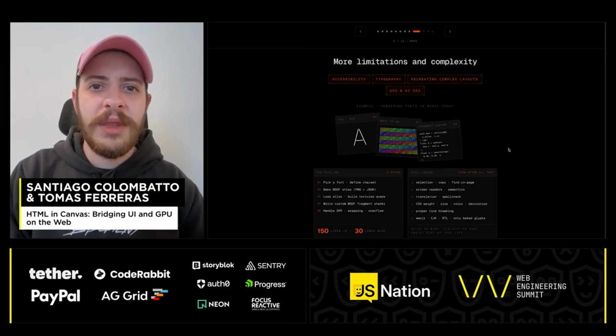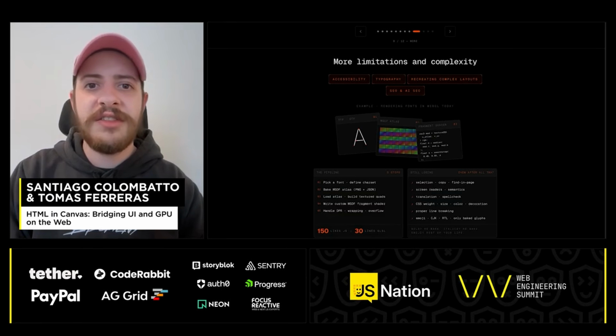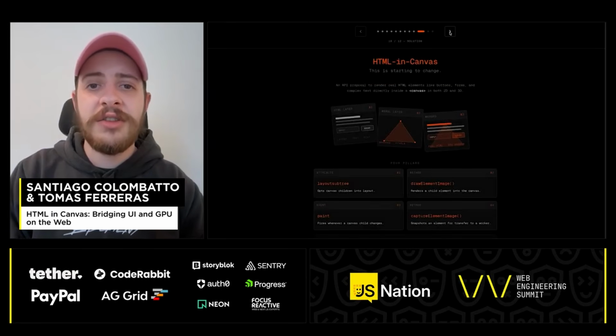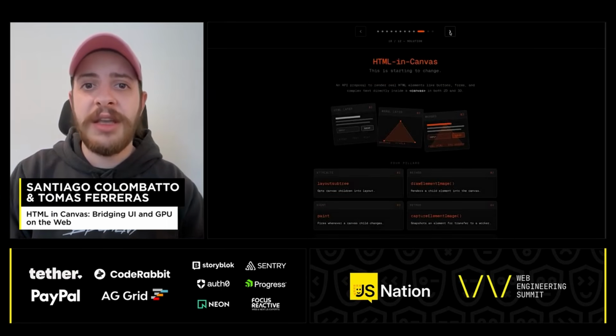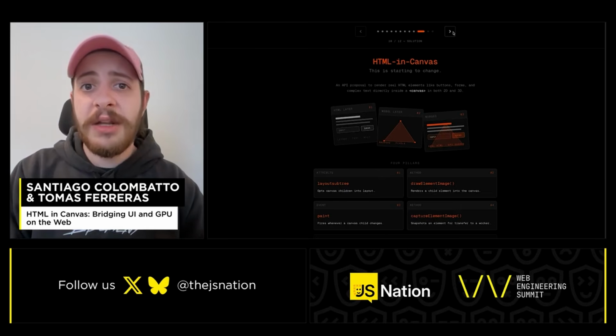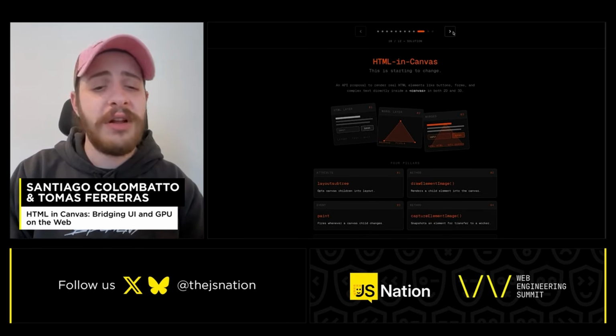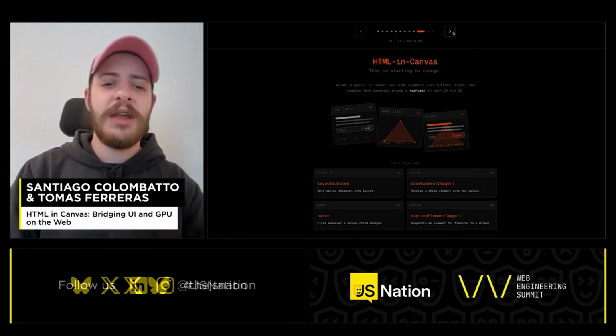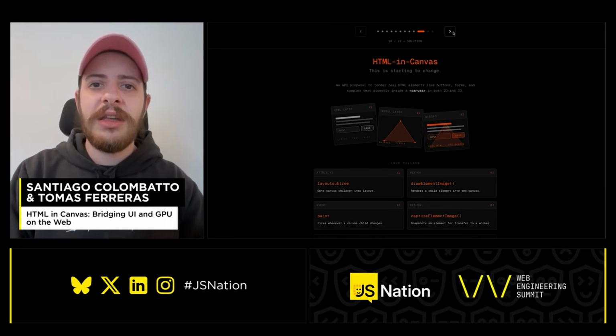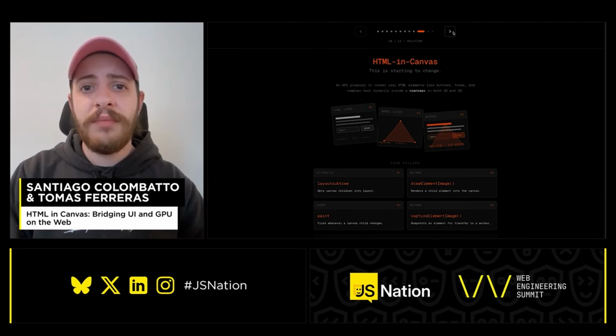So this tricky stuff and these complex things are starting to change. And it started to change with something called HTML in Canvas. HTML in Canvas is a proposal that allows developers to render HTML elements, real buttons, real forms, real complex text directly inside the canvas. Currently, it's in an experimental phase, so you have to enable a flag inside Chrome, but it